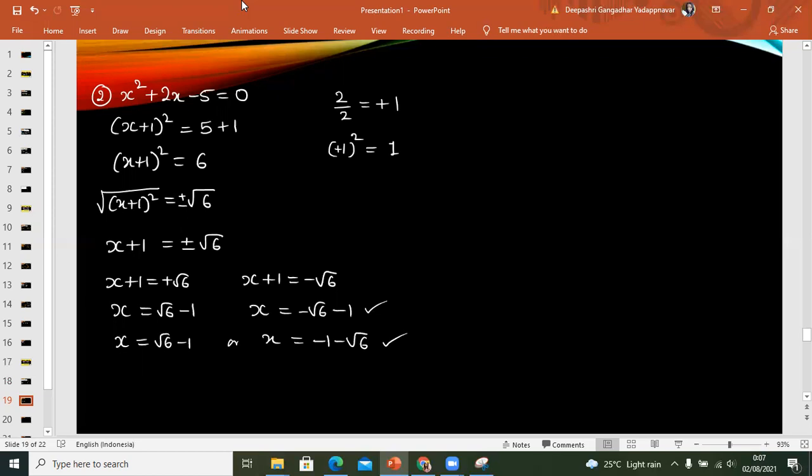Okay, so let's solve the third question. The third question we have here is m square minus 5m equals negative 3. Let us not bring this negative 3 to the left, because we know that in our previous questions we got the constant number on the right side. So let it be like this. Then in front of m square there is the number 1, so we don't have to make any changes here.